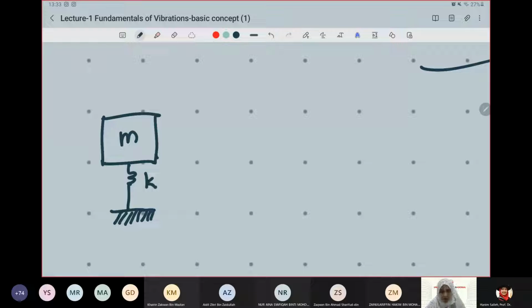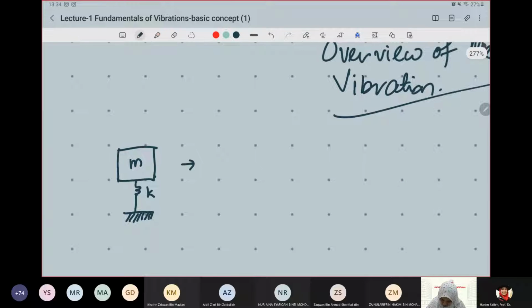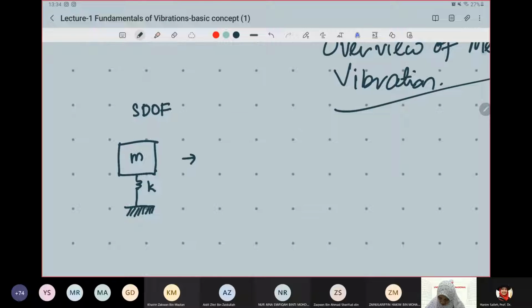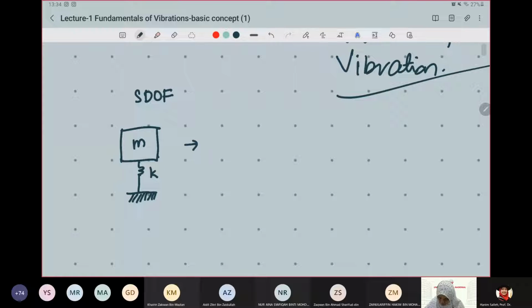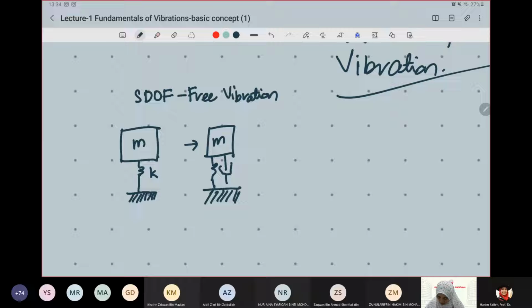with M and K. So the first part, normally we talk about free vibrations, which means there is no input to the system. Okay, and then we talk about, this is still a single degree of freedom system. And we divide it normally into undamped and also damped. So after we talk about undamped, we also take a look at a damped system. So both are still single degree of freedom systems